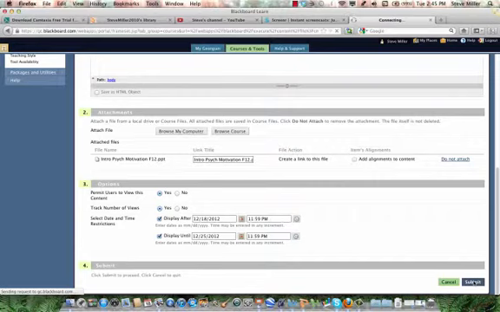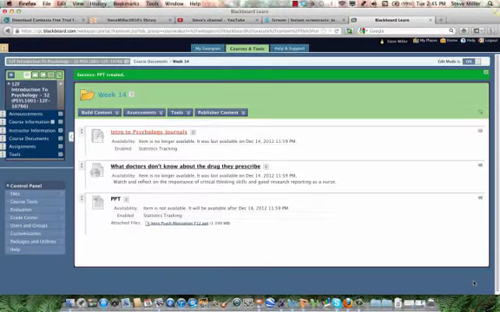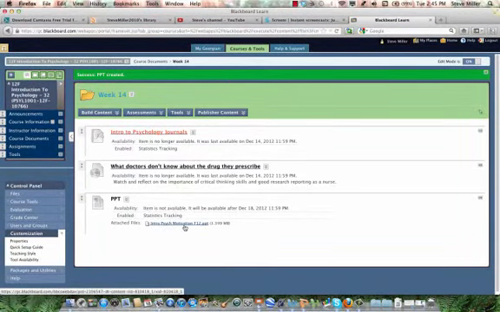And it takes a moment because it's reading the file, it's grabbing the file, and it's bringing it into Blackboard. And there it is. There's the PowerPoint that I want. These are the times that it's available. It has it up there. It's not available. It will be on the 18th at the end of the day, and it'll go to the 25th. It's also saying that the statistic tracking is now on. It's enabled. So now if they click the PowerPoint,